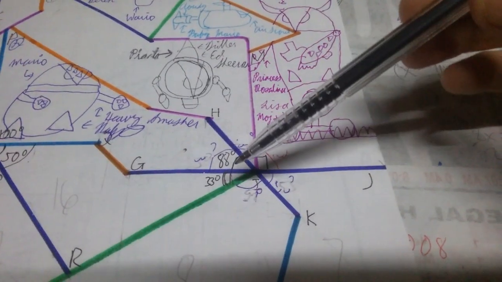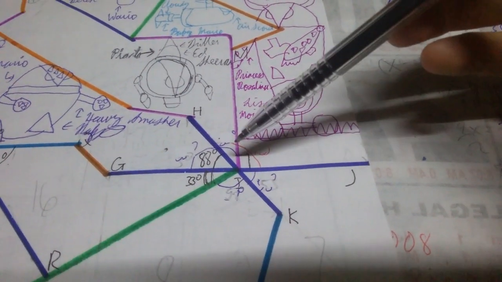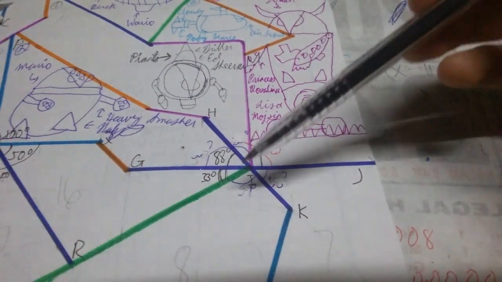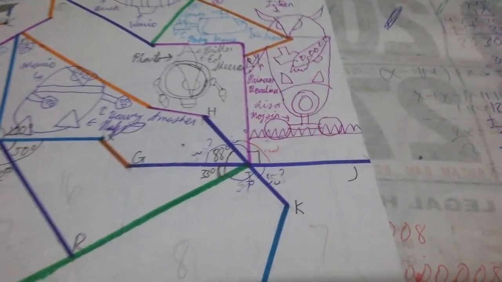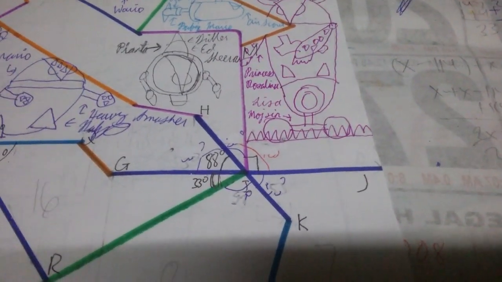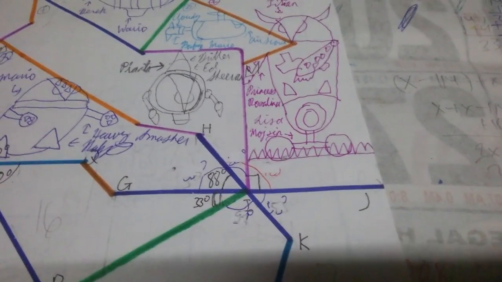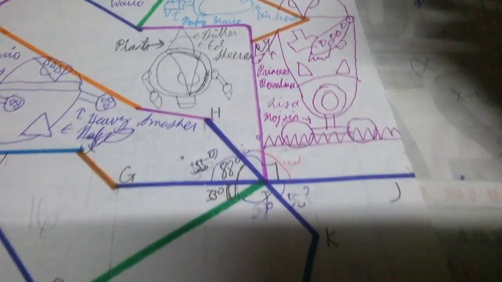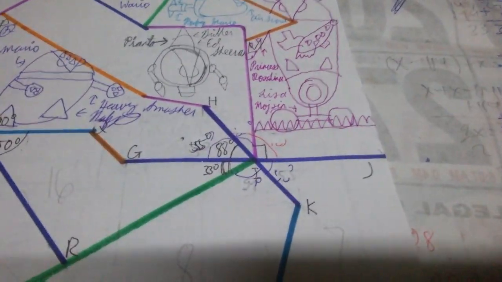We know that this is 88, right? And this entire thing from here up to here. But from here to here, this angle GIL is only 33 degrees lamang. So we need to subtract from the total. 88 minus 33 is definitely 55. Alright? 55 degrees to. Yung measure ni angle